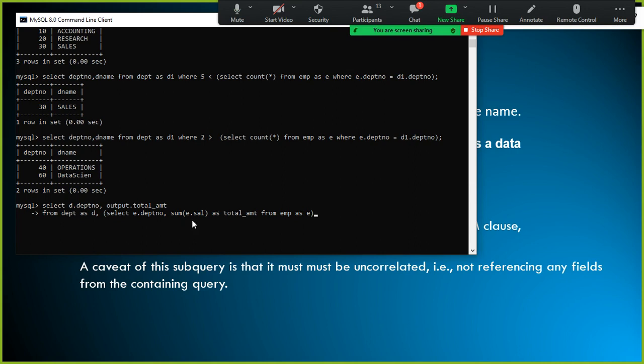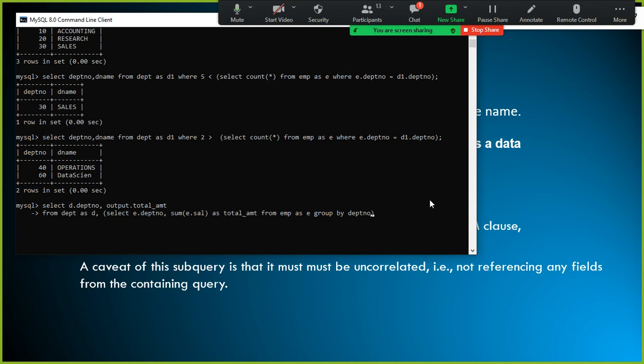Look here, in the from clause we are supposed to specify the table name. Instead of specifying the table name, the first table name, in my case here, is depart, I gave an alias name, shortcut name D, comma, instead of specifying another table, the EMP table, I am using a query here. This is called an inline query. And why should I use it here? Group by depart number. So for each department, the total salary you computed, that output will be passed to this one.